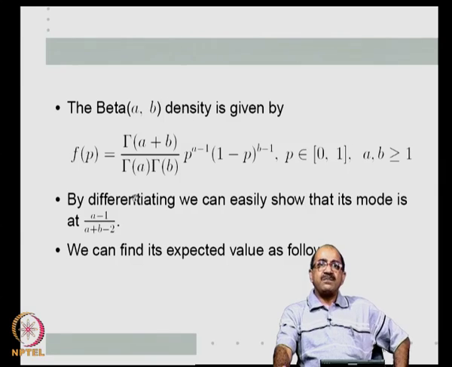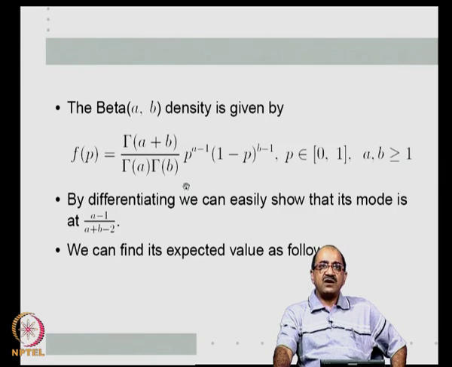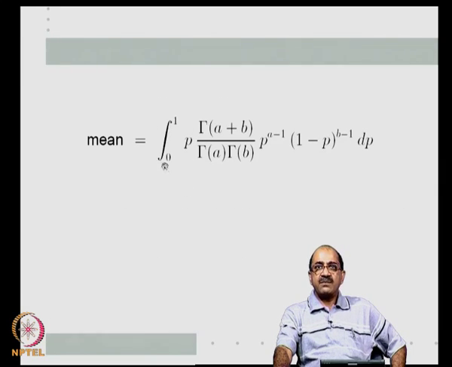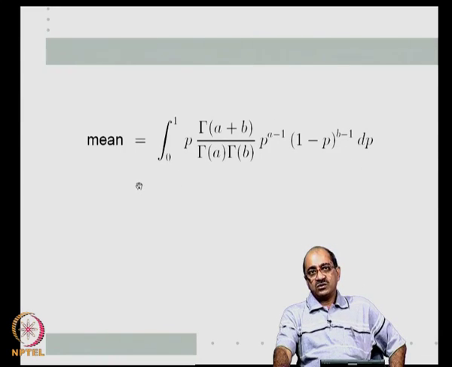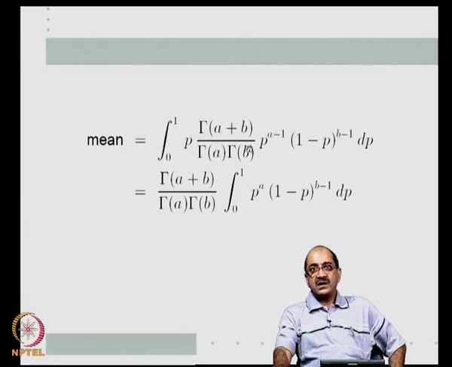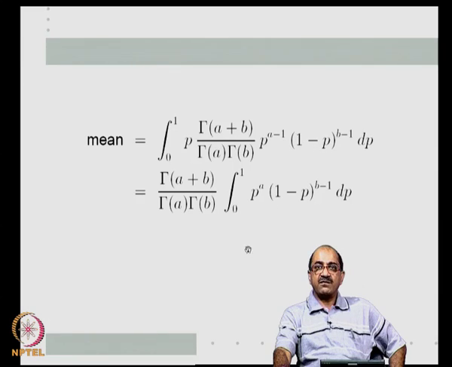Similarly, we can also find the mean value of this. How do I find the mean value of this? If I want to find the mean, this is the f p density. So, I have to do the integral of p into f p dp from 0 to 1. This is also easy to do. So, let us do this. Bring gamma a plus b, this constant, out. So, I have the integral from 0 to 1. This p goes with p to the power of a minus 1 to give me p to the power of a, 1 minus p to the power of b